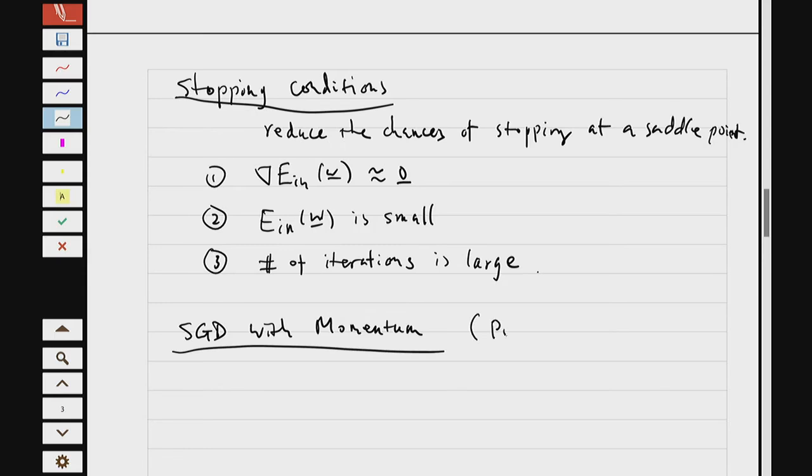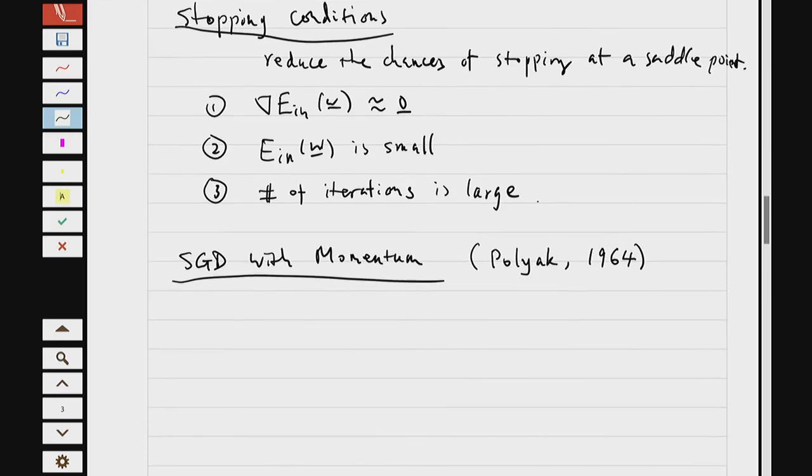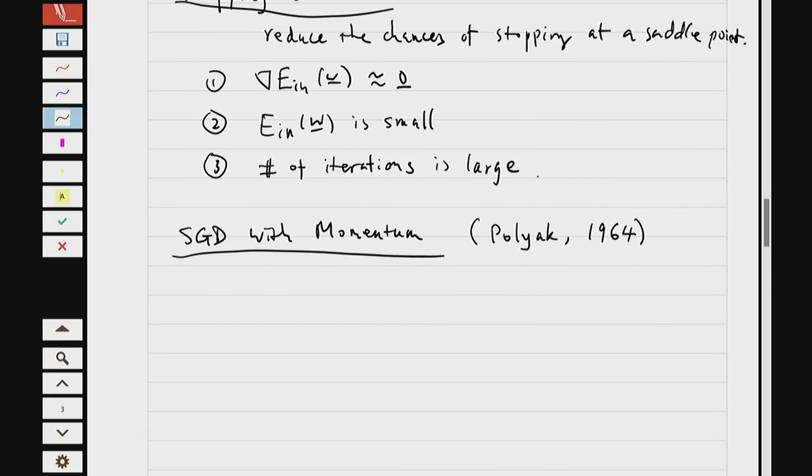And this idea was not new at all. People have been thinking about this kind of optimization problem for a long time, right? It was first published by Polyak in 1964. So the goal of this is to accelerate the convergence of SGD and try to avoid getting stuck at a saddle point. So the basic SGD, just for comparison, we first define this gt, the gradient at this point,